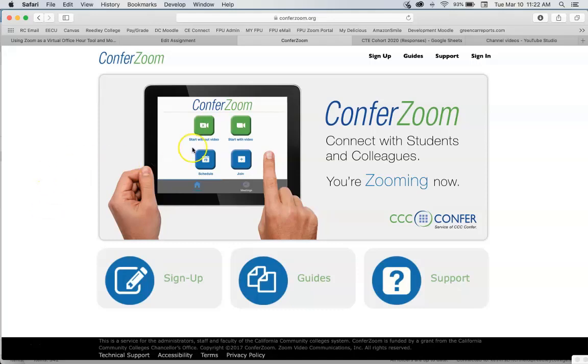And so that address of the site that you want to go to is ConferZoom, as in conference, ConferZoom.org. So this is what that site looks like, and while we're here, the guides and the support are very